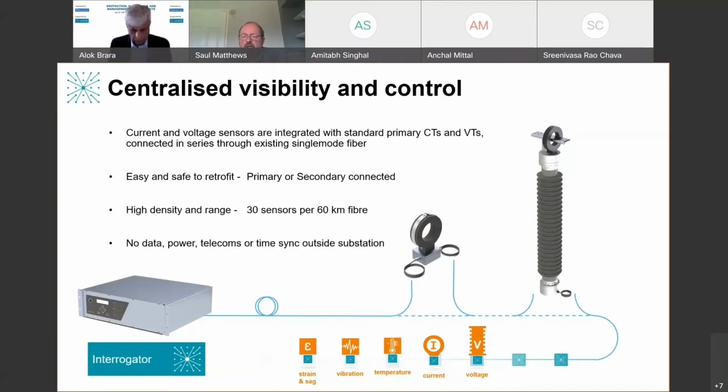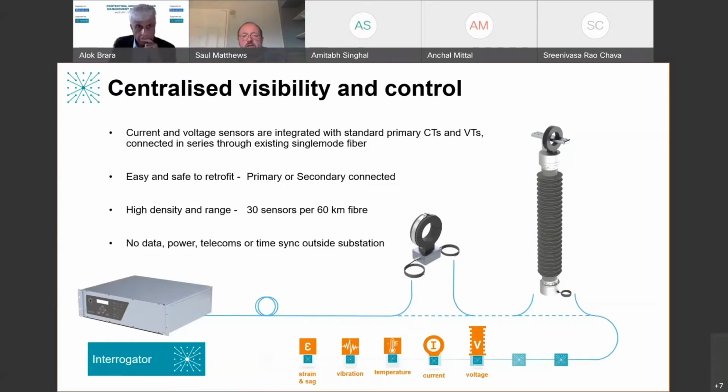And because we can remove so many of those costs, again, civil works and buildings, power supplies, copper wiring, and data communications, it's a very efficient way to put a lot more sensors out into some very remote or inaccessible locations to see what's going on and provide very accurate information about what's happening at those places. Now, interestingly, we designed this and we have the worldwide patent on passive instrumentation for current and voltage. That can only be done with our technology.